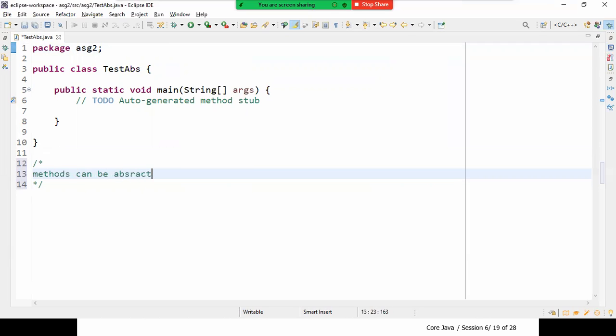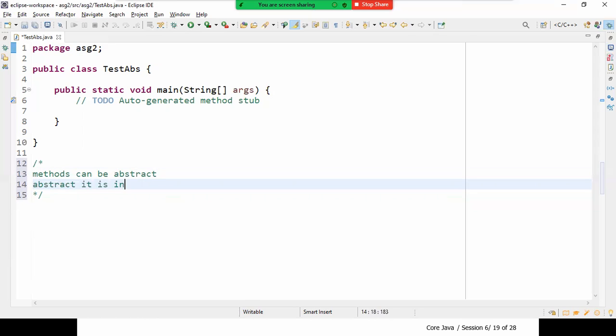Now comes the question: what are these abstract methods? The word abstract says that it is incomplete. Now remember, abstract says it is incomplete.